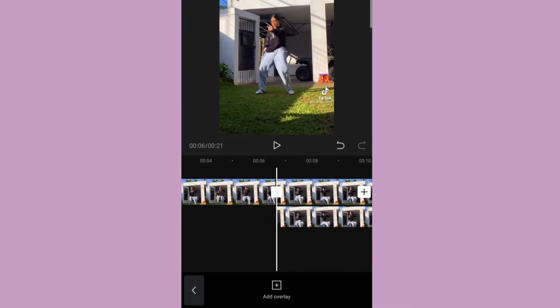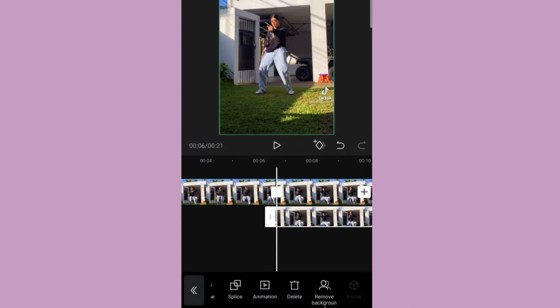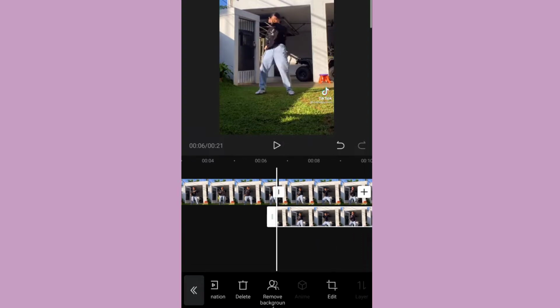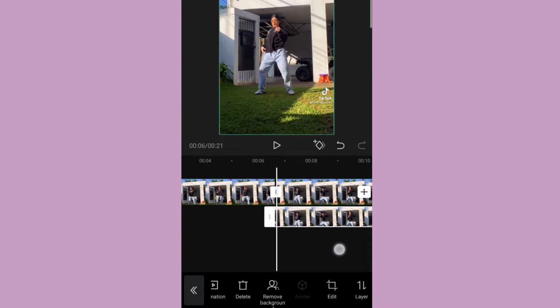So open the overlay video and you need to remove the background. So I already removed the background,